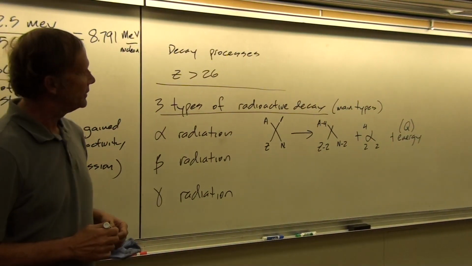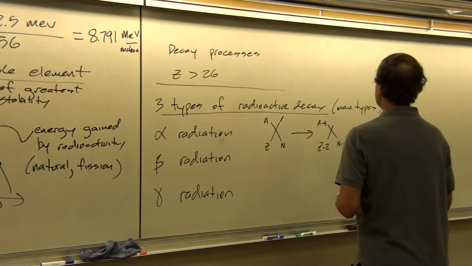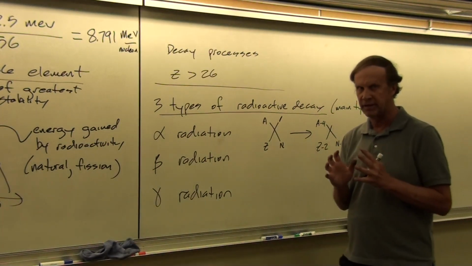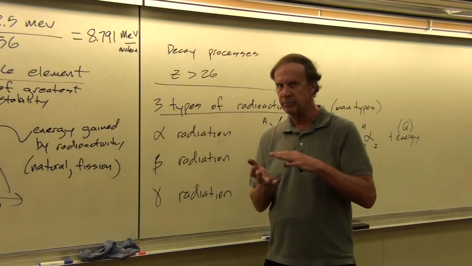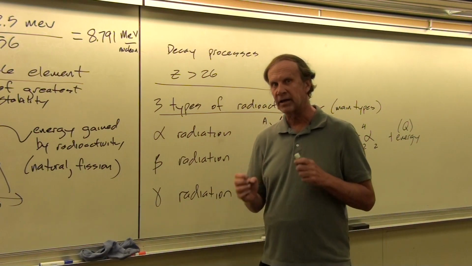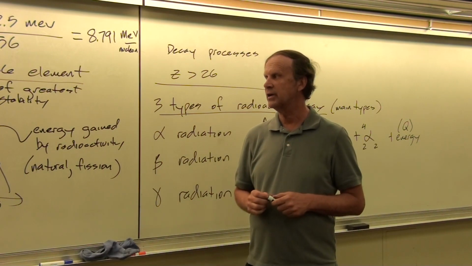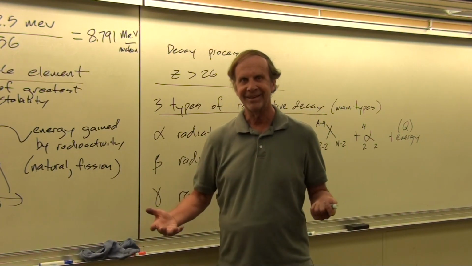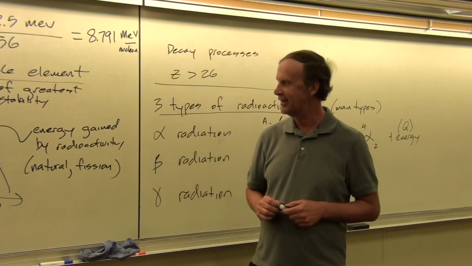Remember that these tend to work best for elements that are bigger than iron, but not always. You do have some radioactive decay for elements that are smaller than iron too, because the proton and neutron numbers have to maintain a certain relationship to each other. And so that can cause an internal jostling of the nucleus between the neutron and the proton numbers, even for smaller elements, like for example carbon-14. Carbon-14 is radioactive, and it is one of the elements that you make in lab using that computer simulation.